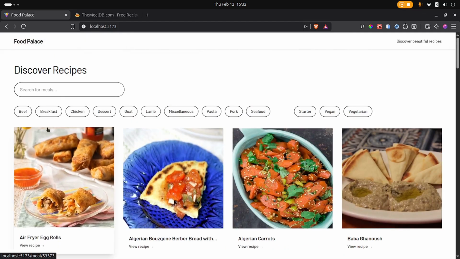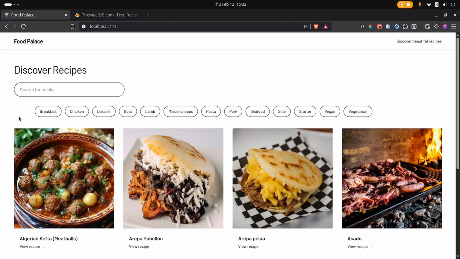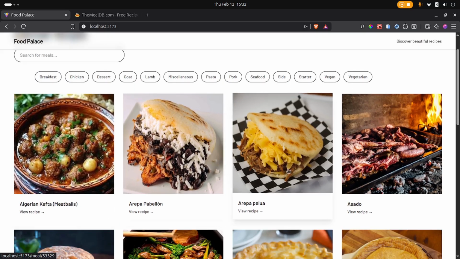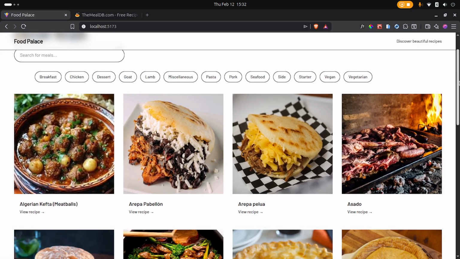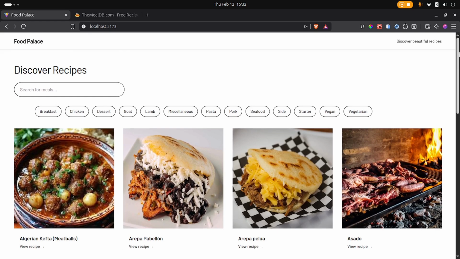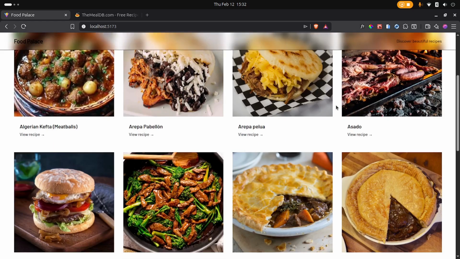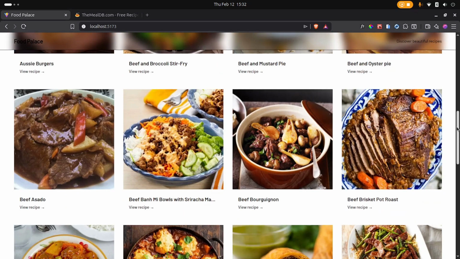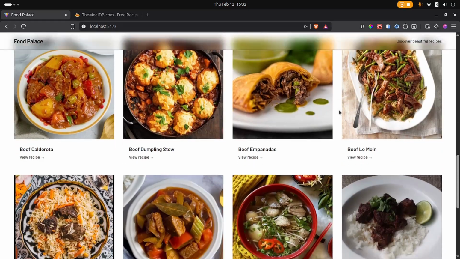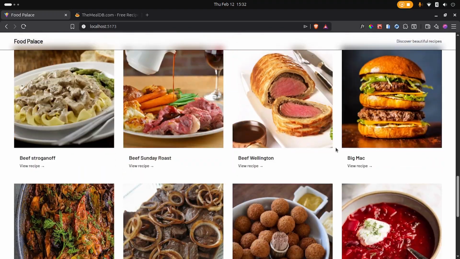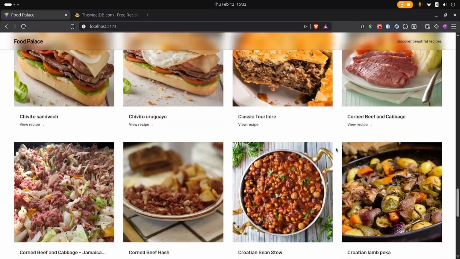But take a look at this. I can filter by category. So when I click on a category, it filters it, as you can see right there. And then look at the scroll bar. I hope this works, but look at the scroll bar, look at its size. And then when I scroll down, it loads some more items, you can see. And then when I scroll down, some more items are loaded in. So that is our infinite scrolling that keeps people